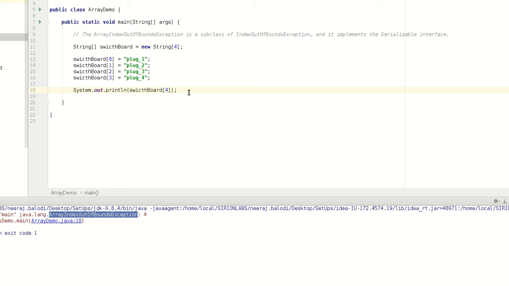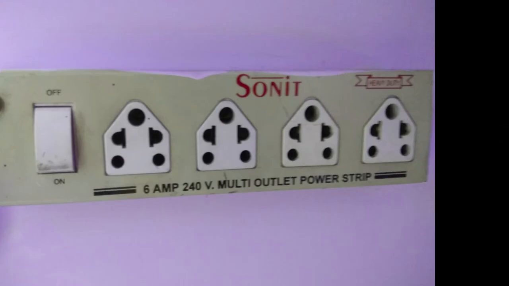And now, what are the pros and cons of array? The pros are that they can store similar type of elements, and using the index we can access any element and manipulate it if we know the index. But the cons are that we cannot dynamically increase the size of the array. Take this example: there are 4 plugs that I can insert, and the next time I want to insert 4 more plugs into it, the array does not dynamically increase. So in those cases the array is not good. Array is good only when we know the number of elements that need to be traversed, inserted or manipulated.